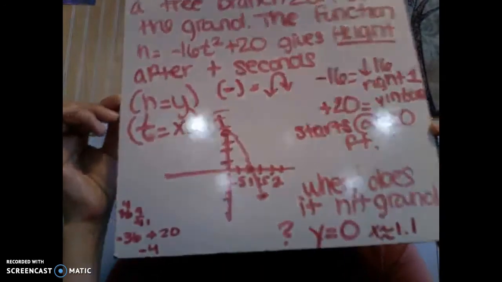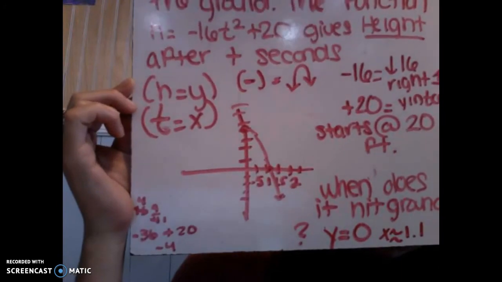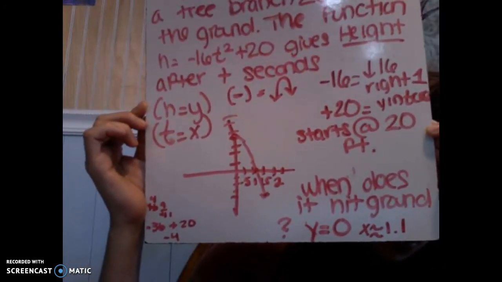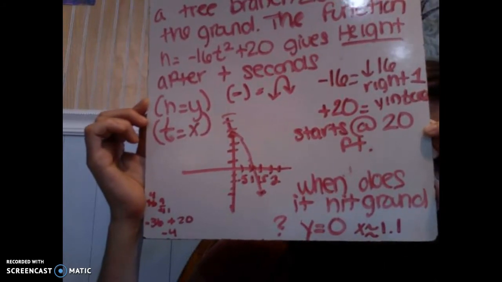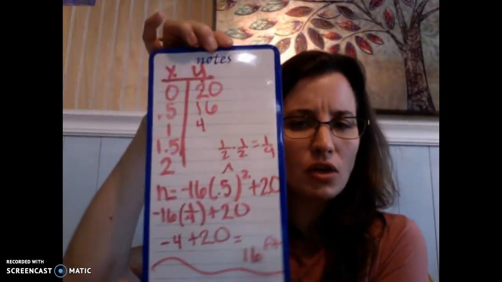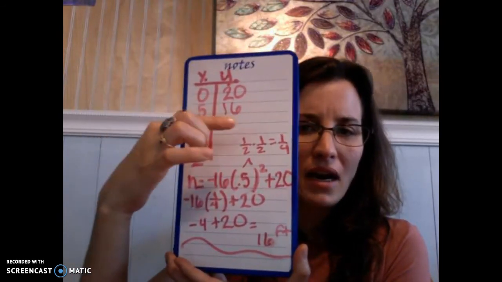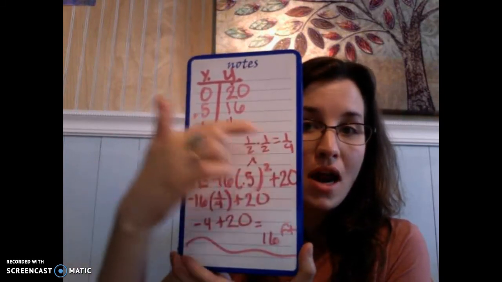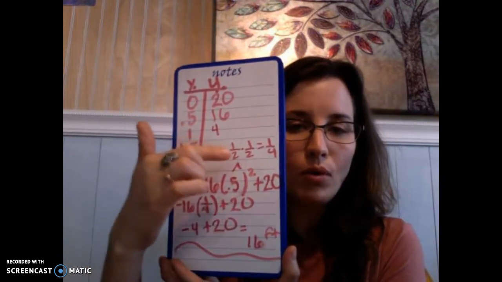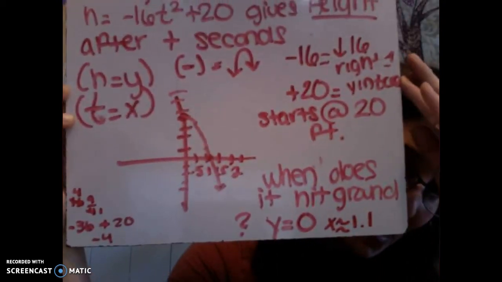So if it's starting at 20 feet, then at half a second, it's at 4 feet. And so now I was able to graph this. So the question really is, all right, well, when does it hit the ground? It's going to hit the ground when the height is at 0, which means I need to know my x-intercept. How you go about doing this is you simply set up a function table. I know when x is 0, my y is 20 feet. Well, when x is half a second, my height is 16 feet. How did I get that? Right here, plugged in the function. And I could keep on plugging in until I find approximately where it's going to cross. And that's what I did. It's crossing between 1 second and 1.5 seconds, because at 1.5